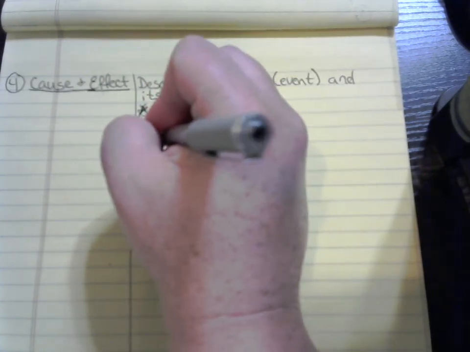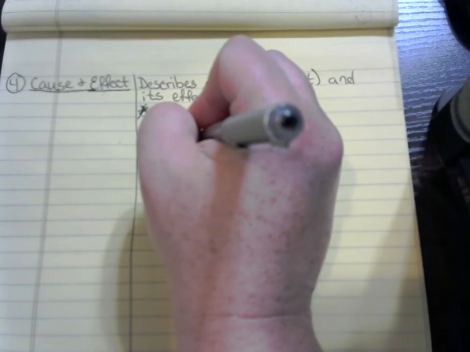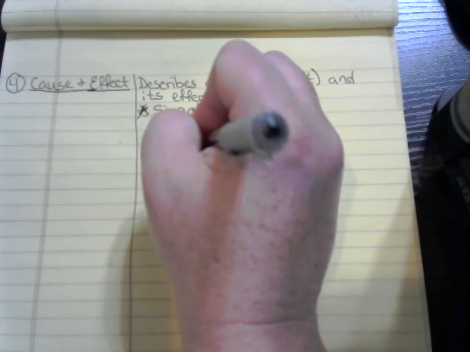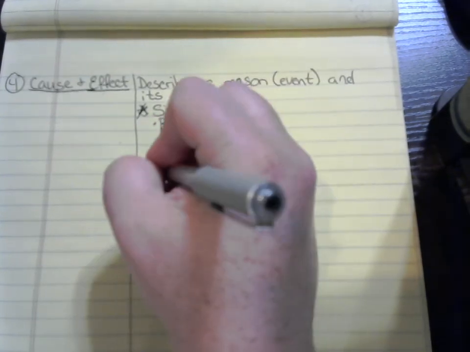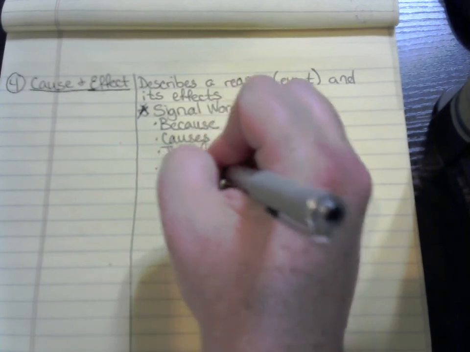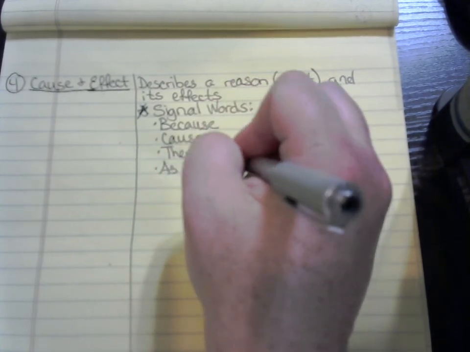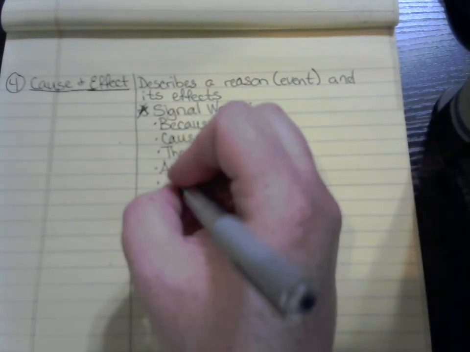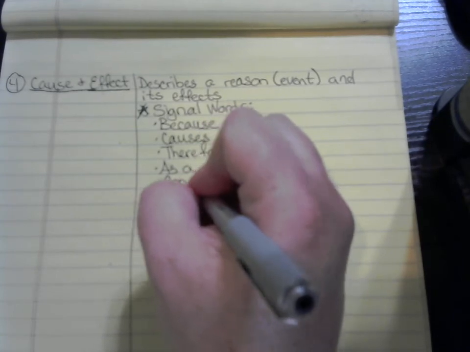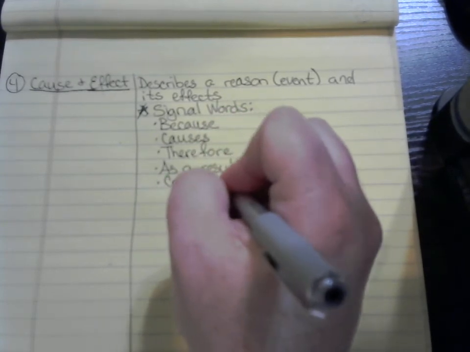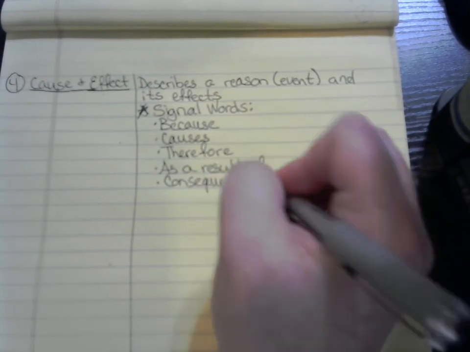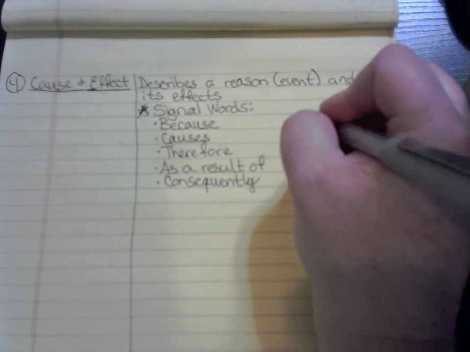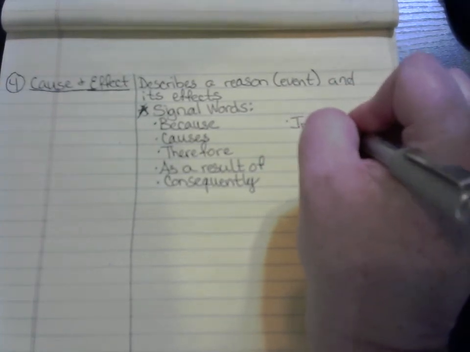Signal words: because, causes, therefore, as a result of, consequently, influenced by,